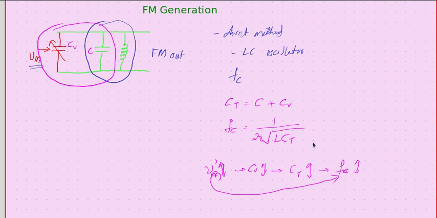So this is the concept of FM generation. That's all for now: how FM can be generated, a very simple way of doing it. And how this variable capacitance can be created, and how this variable capacitor can be made to vary in accordance with the voltage is what we want to see